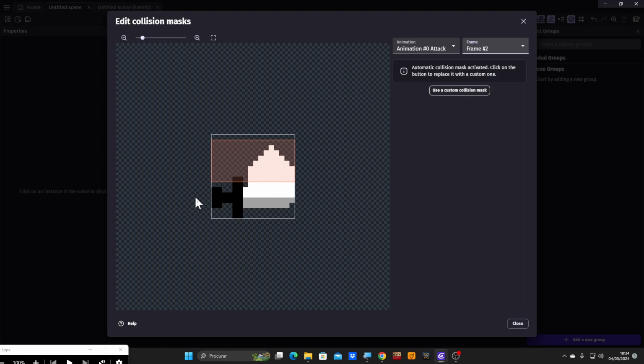And can you see where the issue is? See, the square is still up here, and the sword is down there, which is an issue, right? If you want to hit stuff. So how do we fix this? There's 2 ways. We could make this thing bigger so it encapsulates all of it, and that would be the easy one because we only need to make one. Or we can go frame by frame